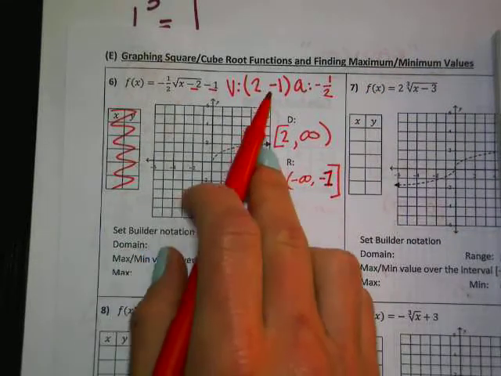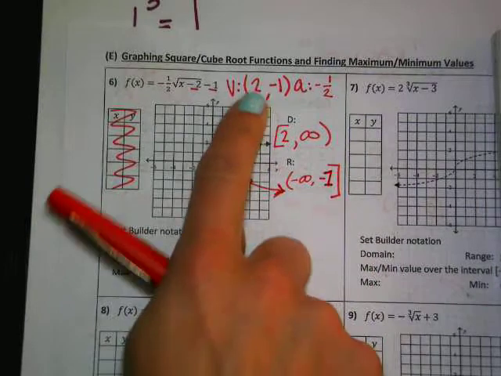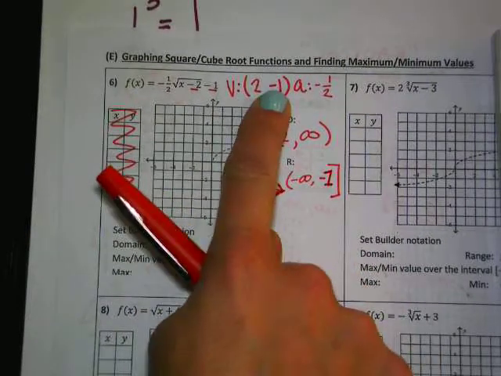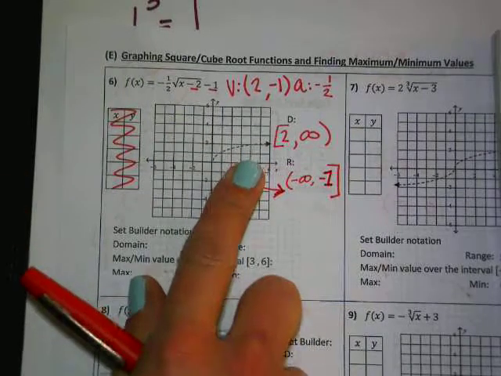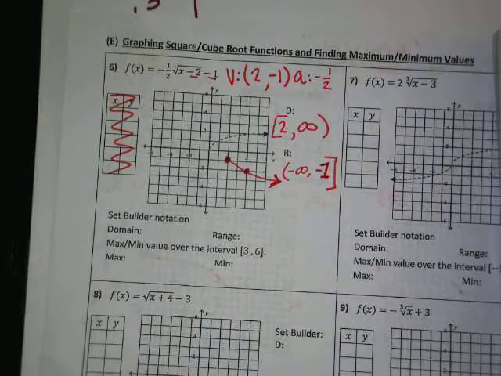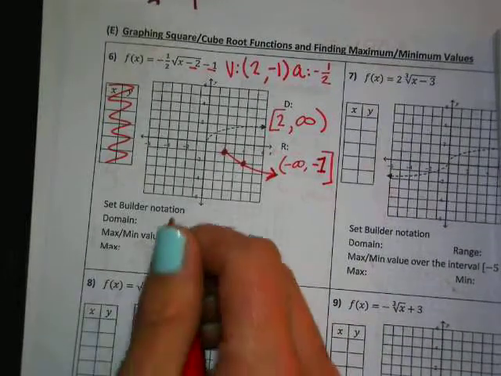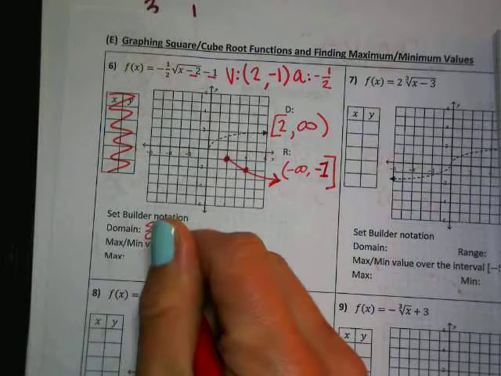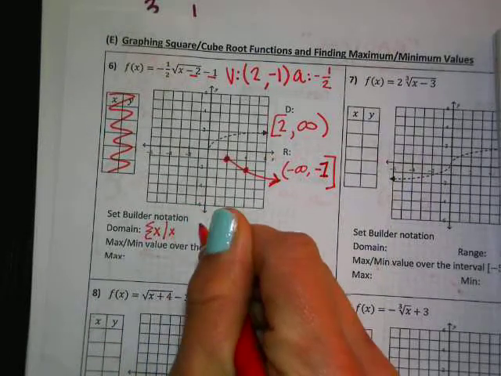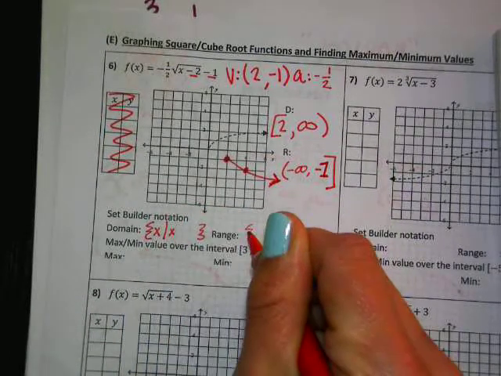Which makes sense because -1 is also in your vertex. So your y value in your vertex shows up in your range. Your x value in your vertex shows up in your domain. Not always in those exact spots, but it will show up. Okay, set builder. So in case you don't remember, it's the little squiggly bracket, x bar x, and then range